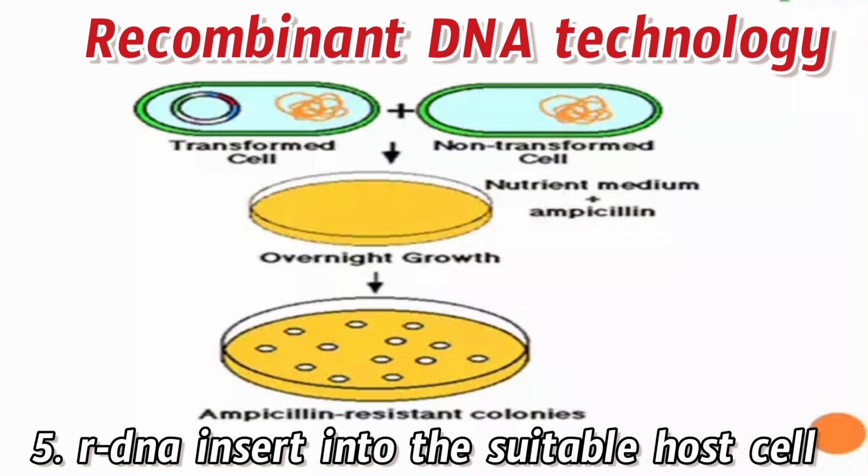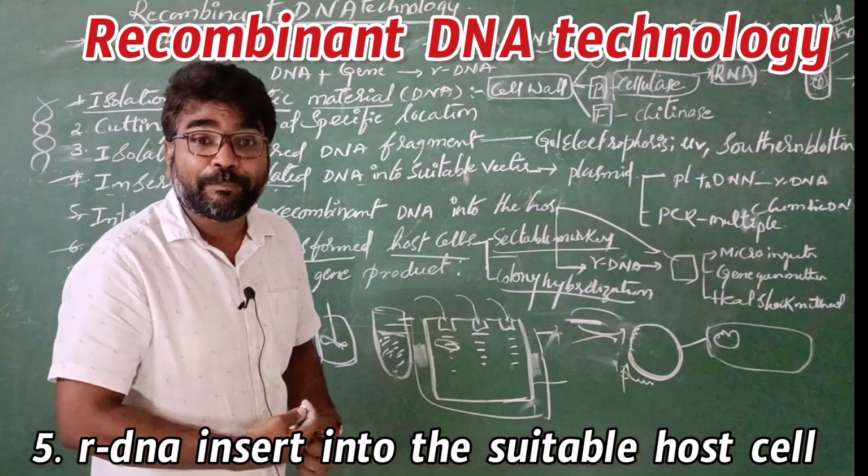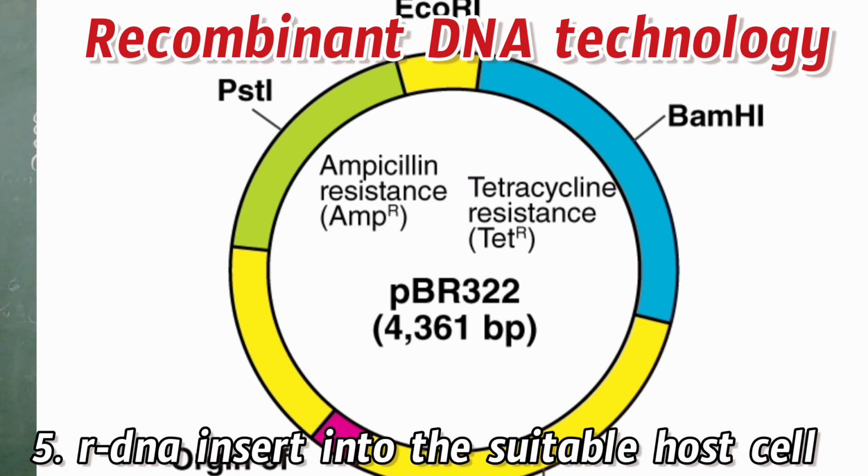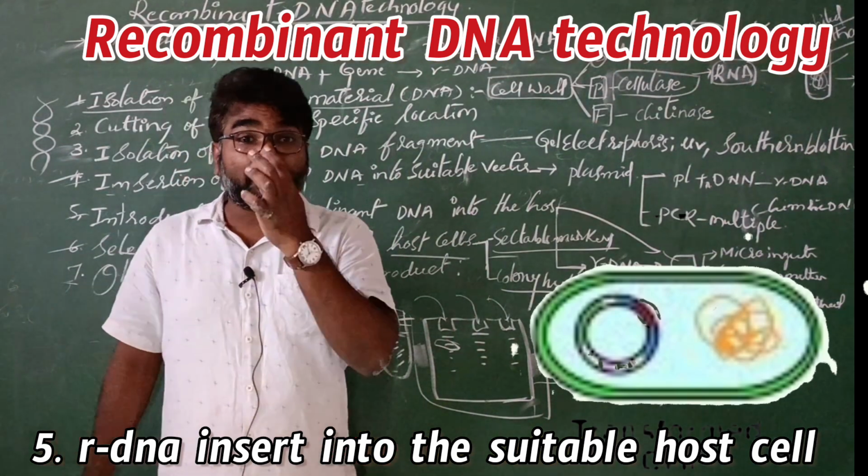Sir, what is colony hybridization? Very simple. For example, look here, this is the plasmid. This plasmid consists of an ampicillin resistant site and a tetracycline resistant site. If the cell is transformed, when we